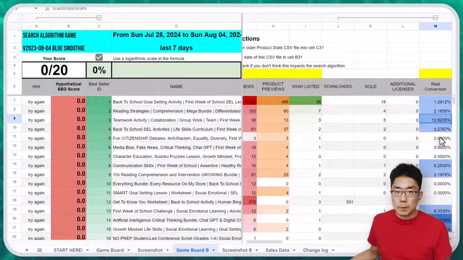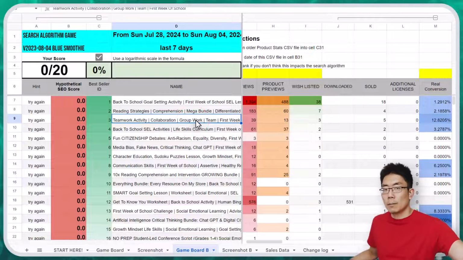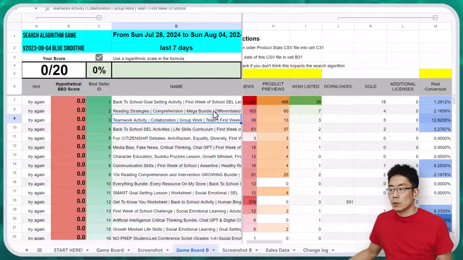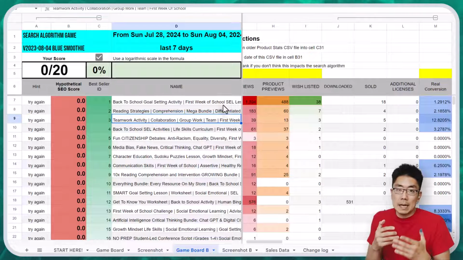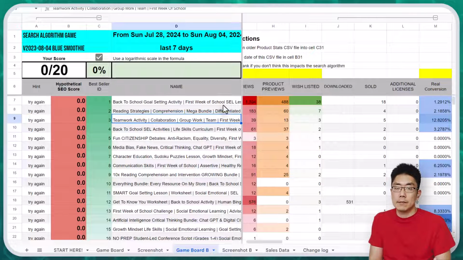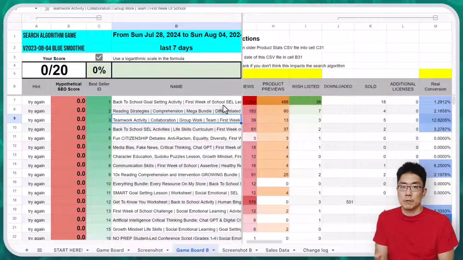So if it was based purely on conversion rate, this collaboration resource should be at the top of my resources, but it's not. So there must be something else that's boosting some of the other resources, and that might be this attractiveness feature about whether or not this resource has sold in the past day or 2 versus the past week versus the past month. So we can actually see that by uploading our sales data.